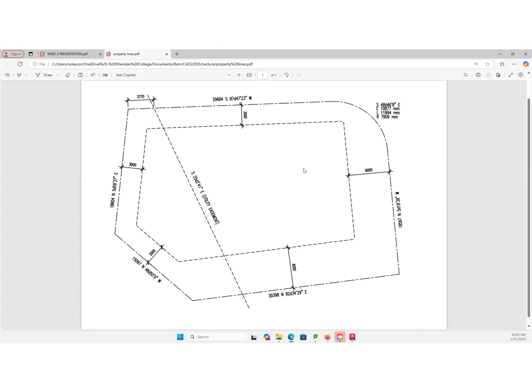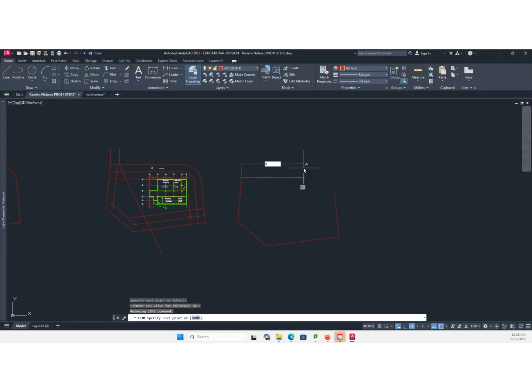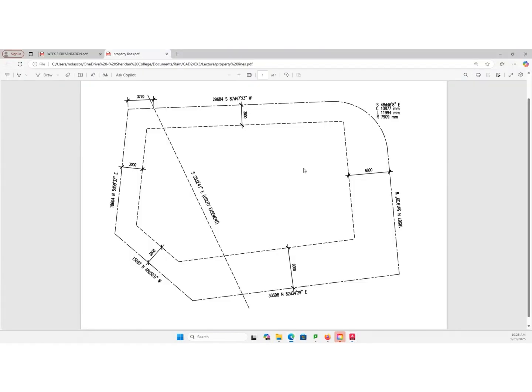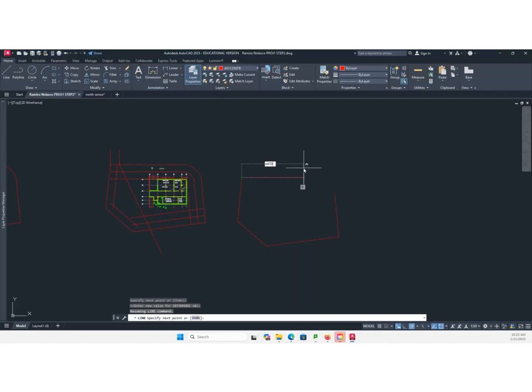North 87D, 47 minutes, 23 seconds east instead of west. Oops, I made a mistake. I think I went tab again. Escape.